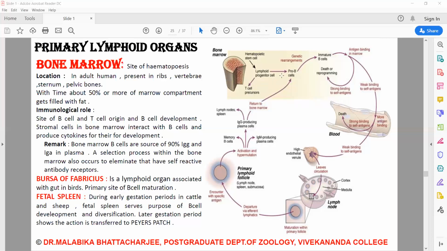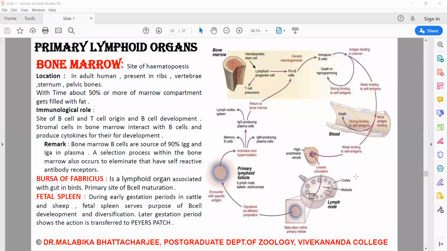Now here are the B cells within the bone marrow. As you can see, within the bone marrow, the pro B cells partially develop into immature B cells. Later on, depending on whether the B cells are exposed to antigen or not, some B cells are forced to die an apoptotic death, while those which are exposed to antigen mature. Further, they move into the blood. And as you can see, some move into the high endothelial venules to the secondary lymphoid organs. This is, as you can see from this picture.